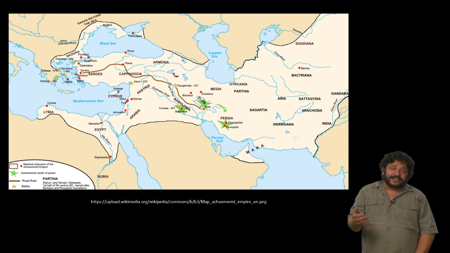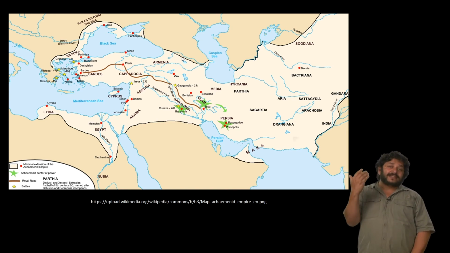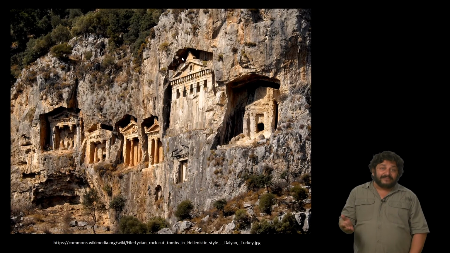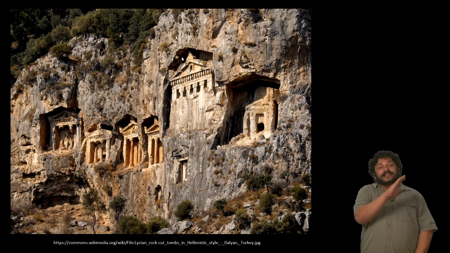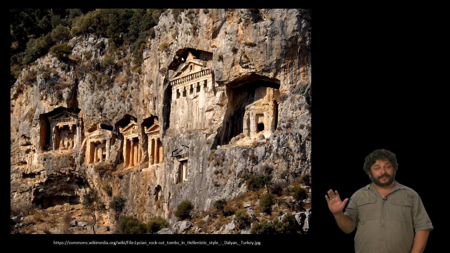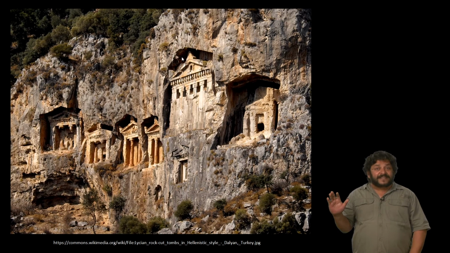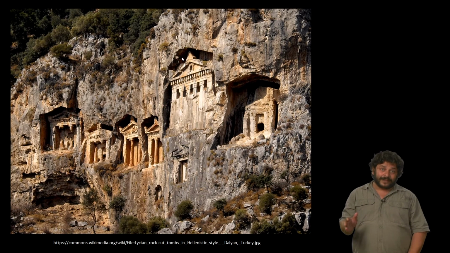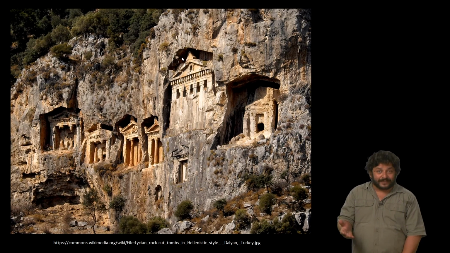The Achaemenids will, at the western edge of their empire in modern day Turkey, at a place called Lycia, have a tradition of tombs that are built in living rock. Already in the 5th century BC, these are being constructed on the western end of the Achaemenid Empire. The Achaemenid kings will build tombs for themselves like this behind Persepolis.